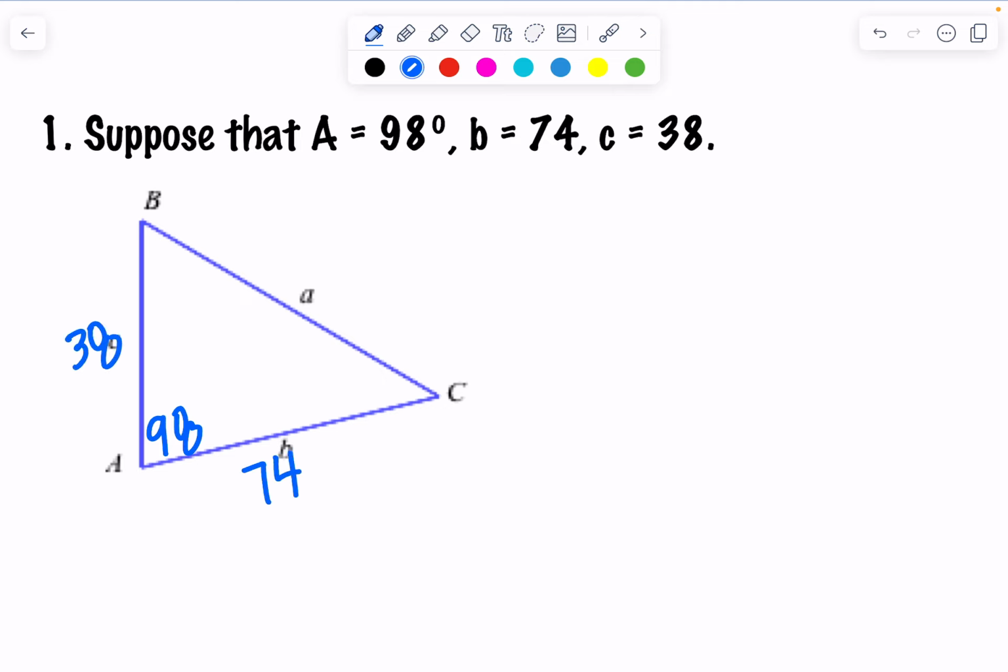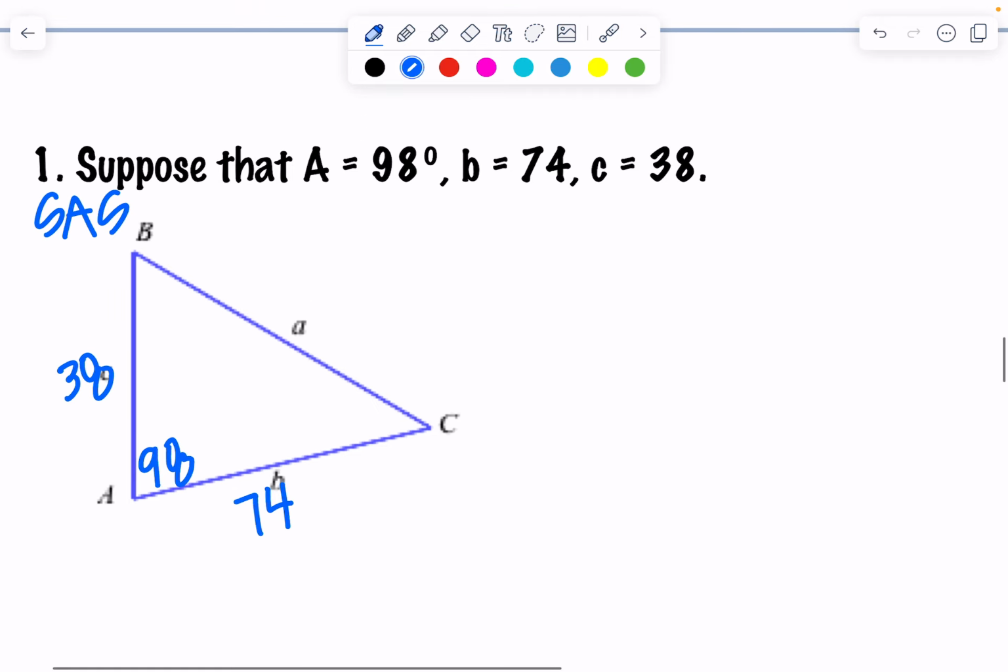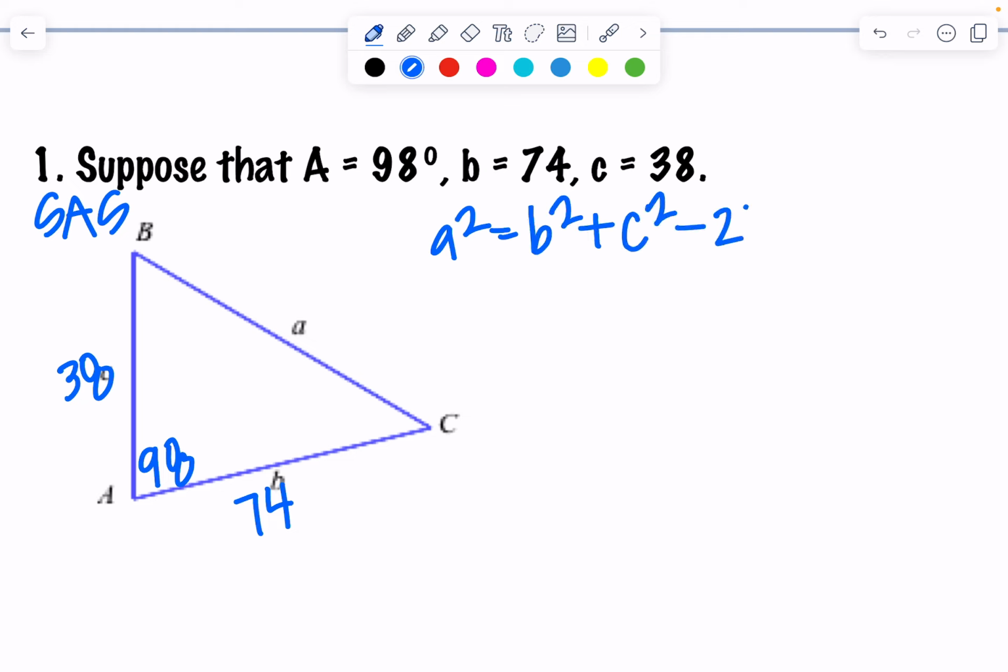All right, so here's what they gave you. Again, you can see that it is an SAS triangle. Obviously, we know we're going to use law of cosines, but pretend this was on a test. How would you know? This was a SAS, so we're going to be using law of cosines. What you do is, and I'll write down the formula: a squared equals b squared plus c squared minus 2bc